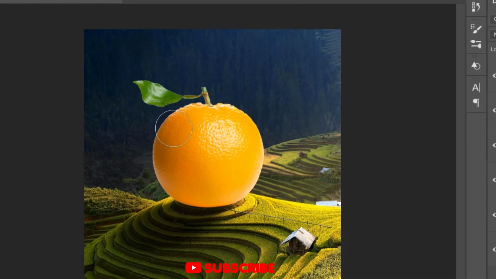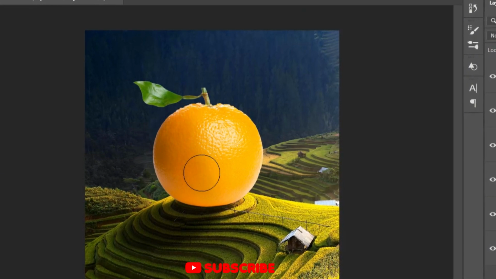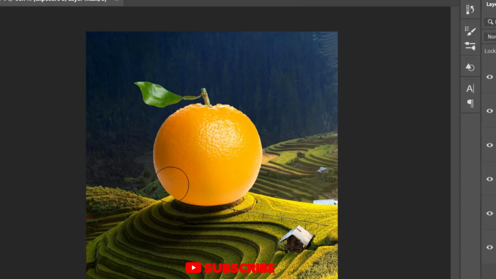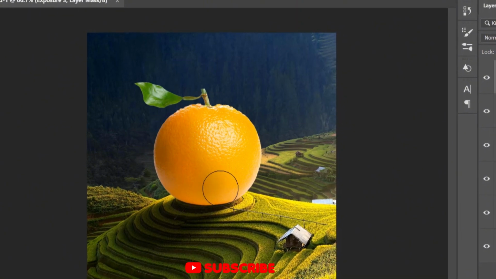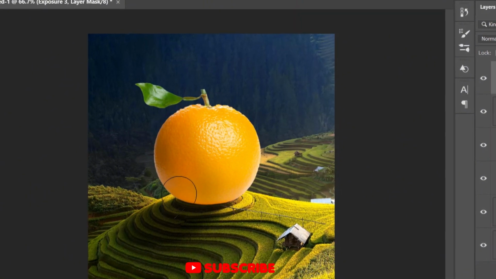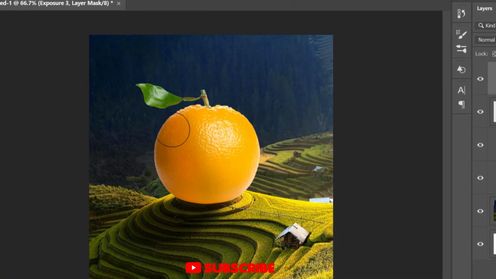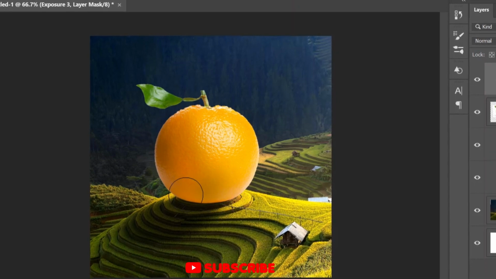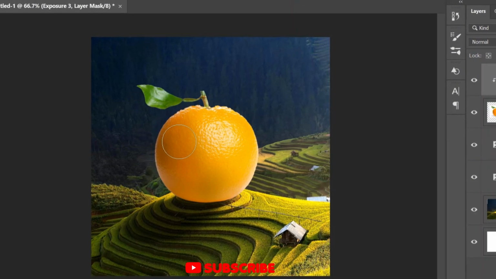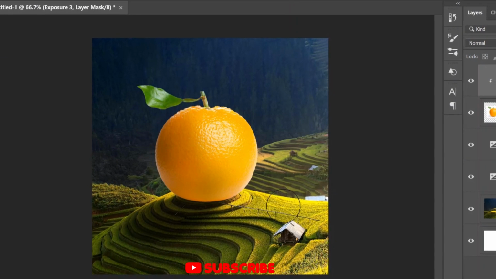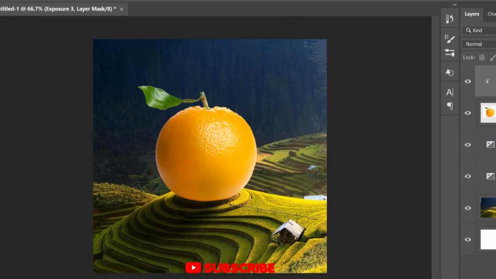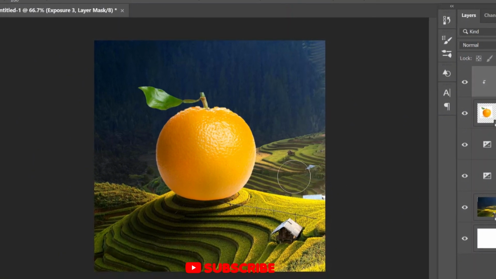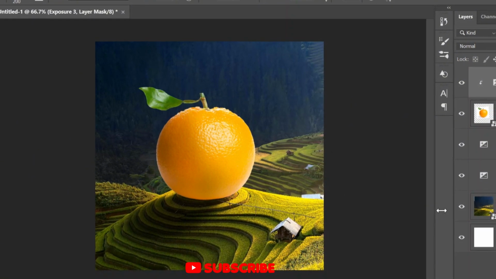Just the left hand side of the orange. Not too much, just something very subtle and beautiful. Now this looks okay. Let's create another exposure adjustment layer to create highlights on the right hand side of the